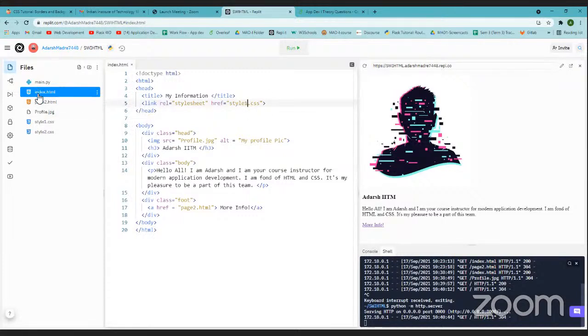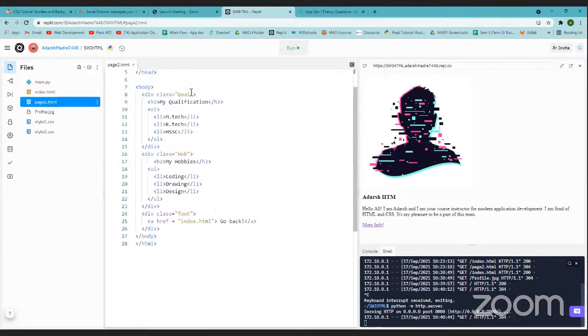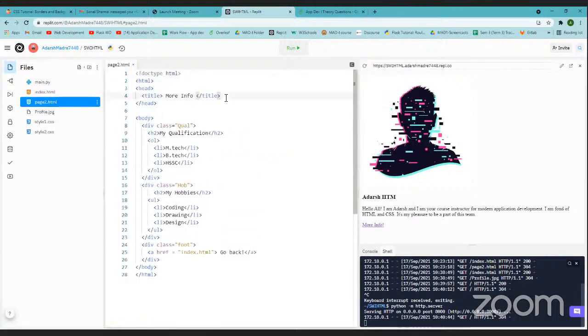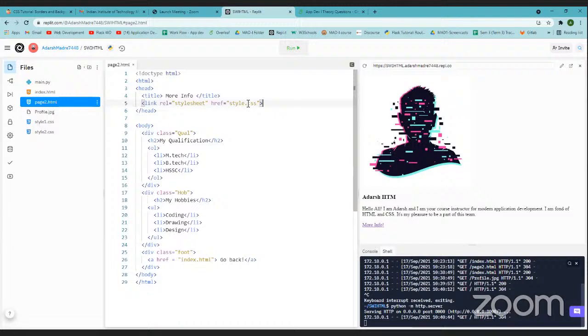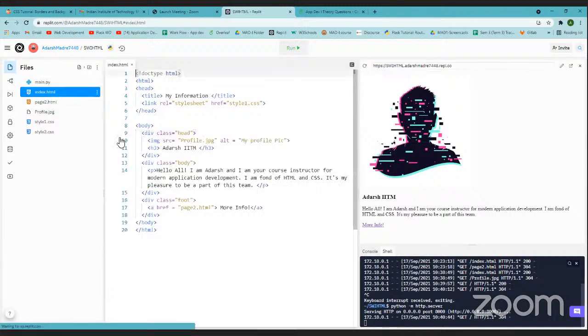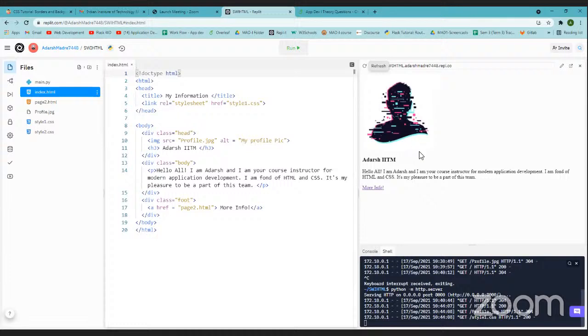Okay, so we'll go to my page 2, and where was it? I'll add it just below here, but here I will be using style 2. Okay, so I'll go back to my index page and try to reload it. Yeah, right, so it's working now. So this should be the size of my profile pic which I was intending. Okay, next,